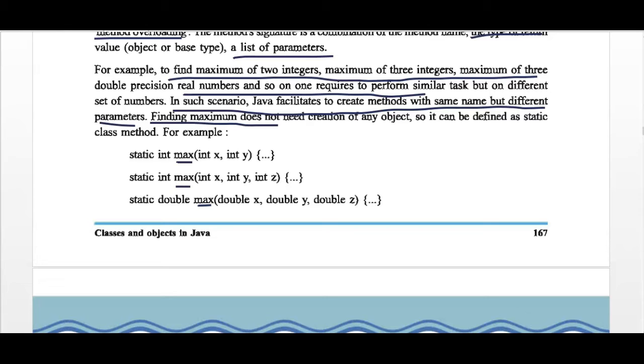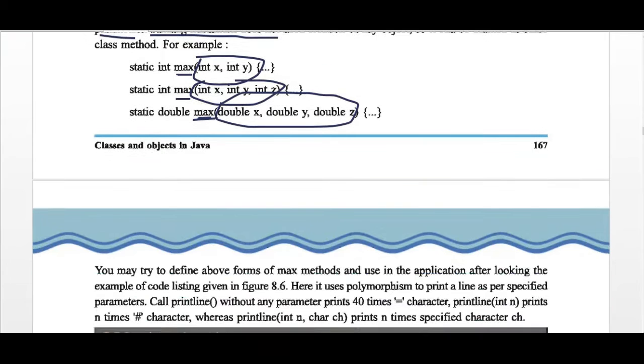Here once again the max method, and the third time we declare the same name of method, but it differs in its signature. So the same name for the method, but it is different in its signature.